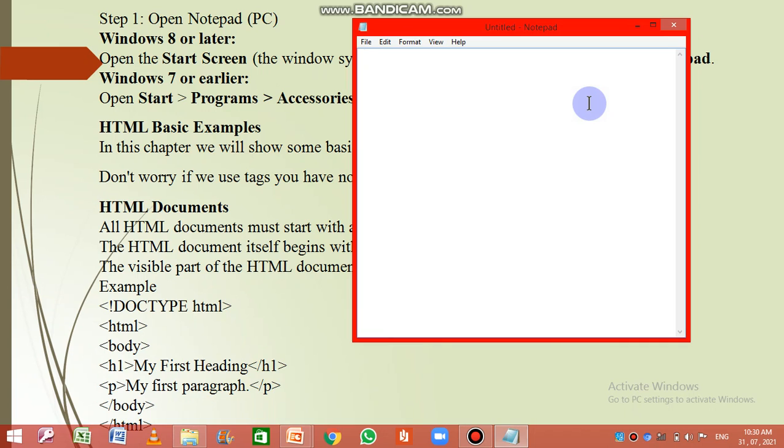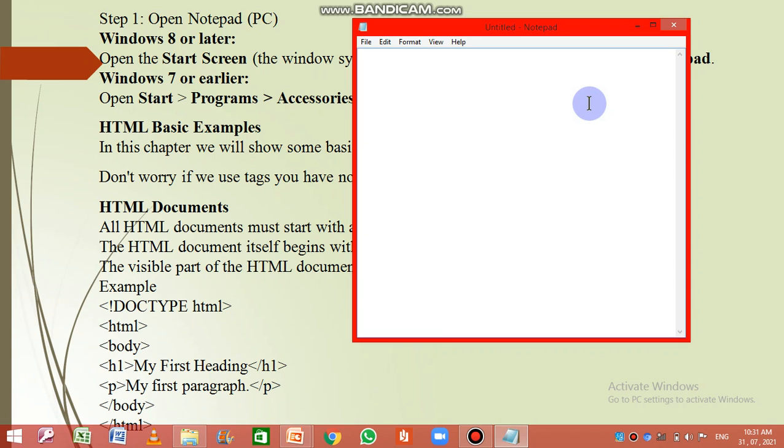Before doing the program in Notepad, let me tell you about some of the editors. As given in your book, for writing HTML documents we use HTML editors. There are mainly two types of HTML editors. The first one is what you see is what you get. For this, you can use customized software or editors like Adobe Dreamweaver, Google Web Designer, and many more. So you are allowed to use them for creating a web document or web page.